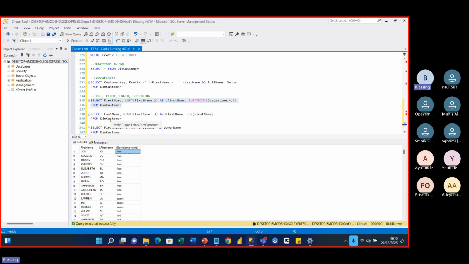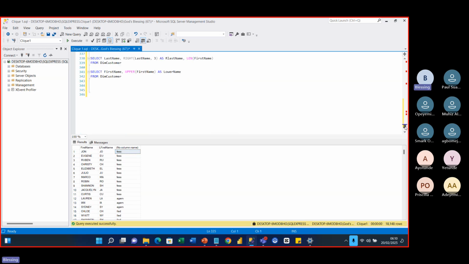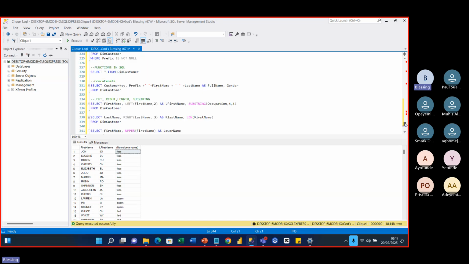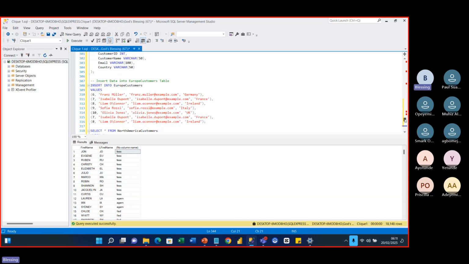So the next thing we'll look at now is the trim function. There's trim, right trim, and left trim. So let's look at them. I think I have to add maybe one. So let me just add